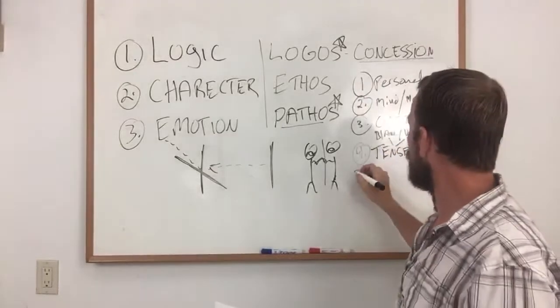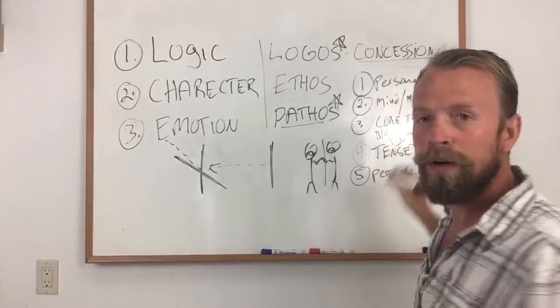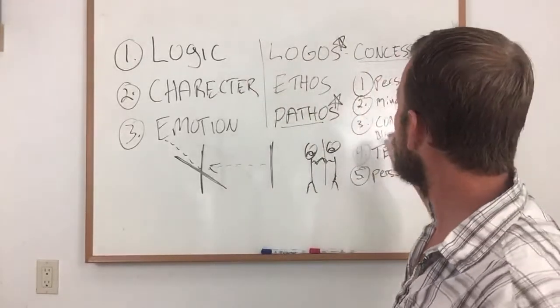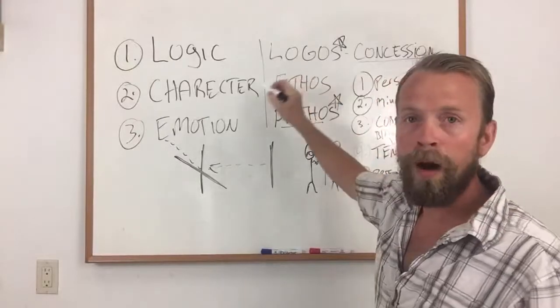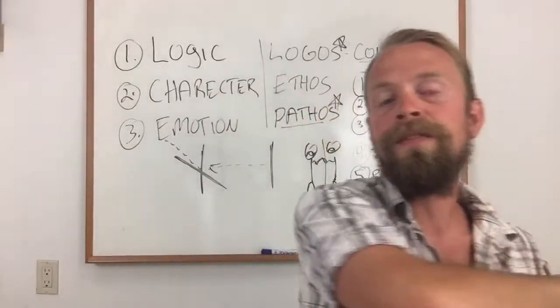And then the fifth one that we want to do is we want to persuade by creating agreeability inside of the other party. That's where we're going to be focusing on tomorrow with the power of ethos and the argument of character, which is extremely powerful, my friends.